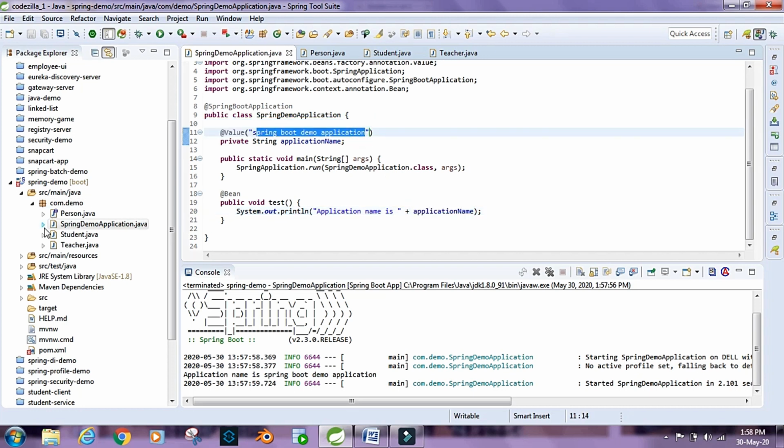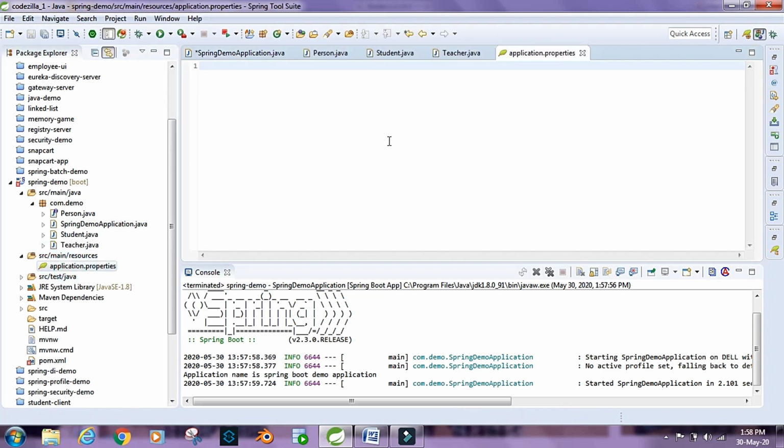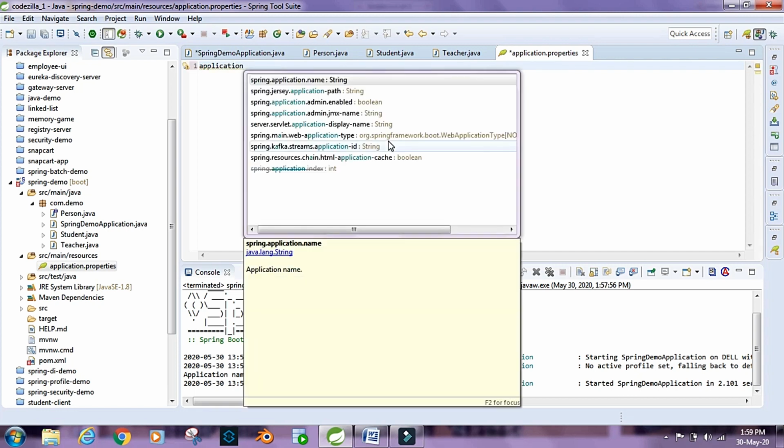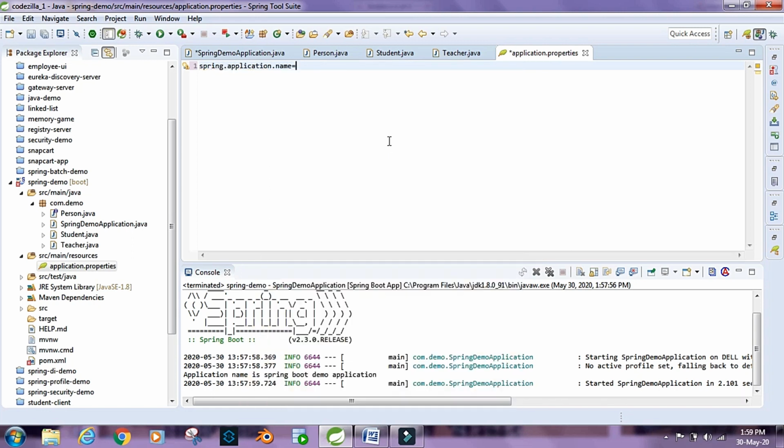What we could have also done is instead of writing it here, we could have just cut this, remove this, and put it inside application.properties. So I would say application dot, let's say string.application.name equals, right? And I'll just copy this